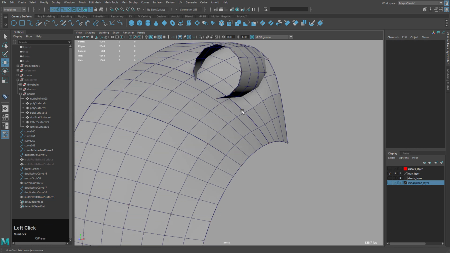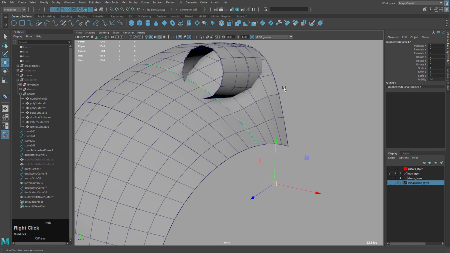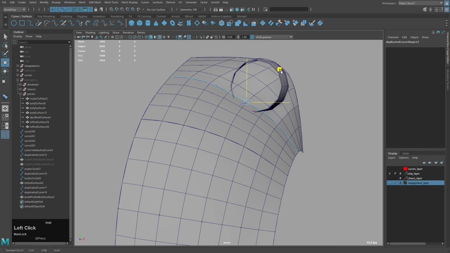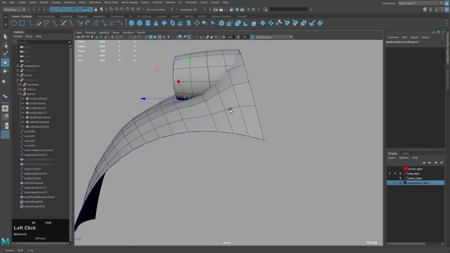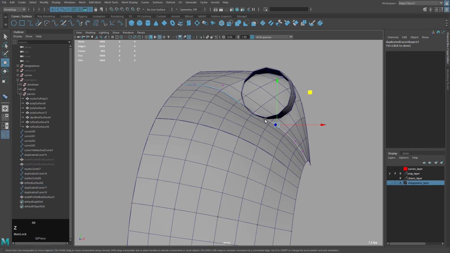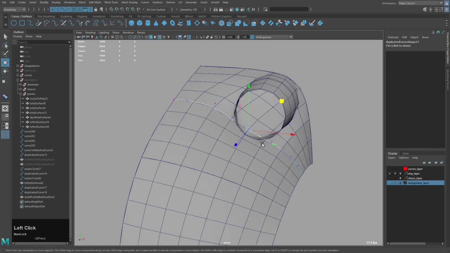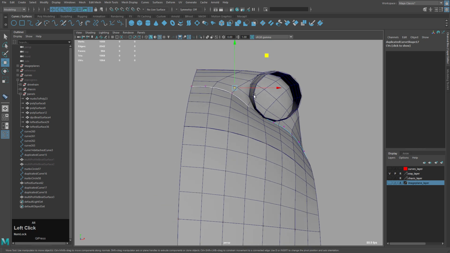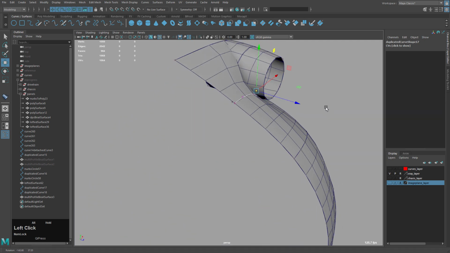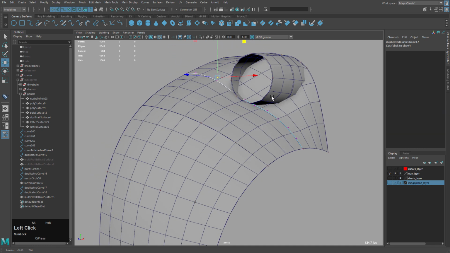Like that. And now this curve here we can adjust. I'm going to select edit points and see what happens if I move this edit point down. And then this vertex. That looks pretty good.